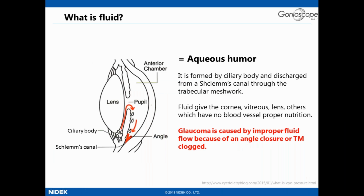So I explained that glaucoma is caused by the fluid that builds up within the eye and increases the eye pressure. So what is this fluid? This fluid is the same as the aqueous humor. This is a liquid that is made in the ciliary body,